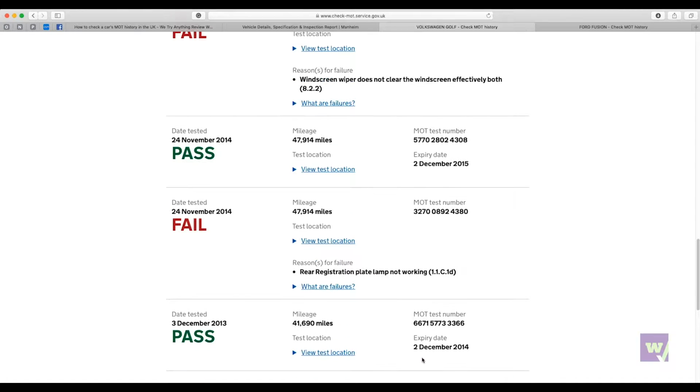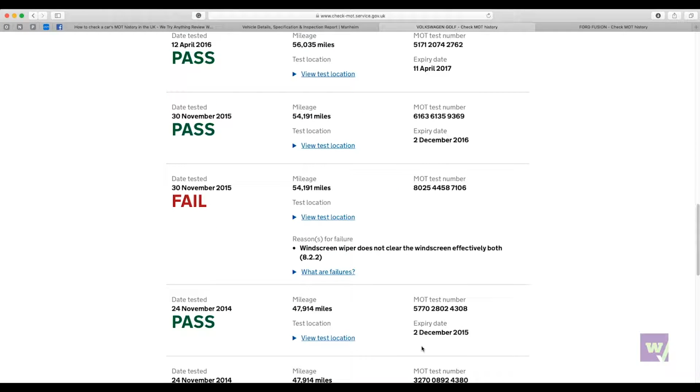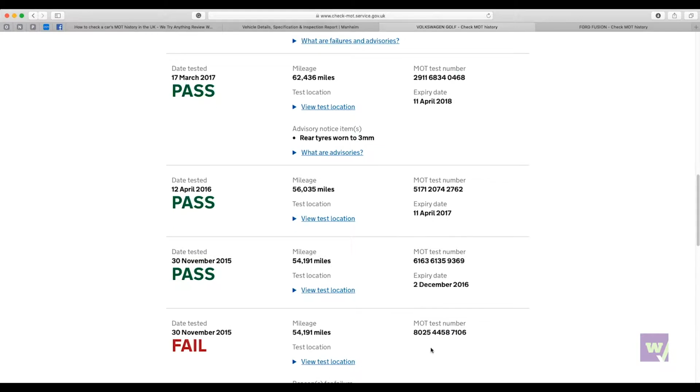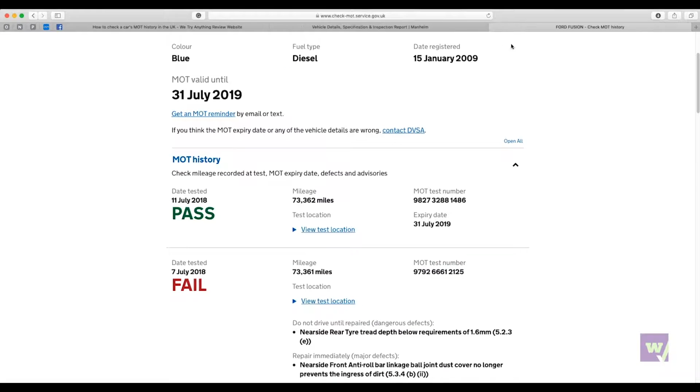So it gives you a very rough history of what has been highlighted on the car as unroadworthy enough to fail the MOT, and also gives you an idea, for example with a coolant leak or an oil leak, of something worth looking at. Now, we've also just tried another car here, which is a Ford Fusion,